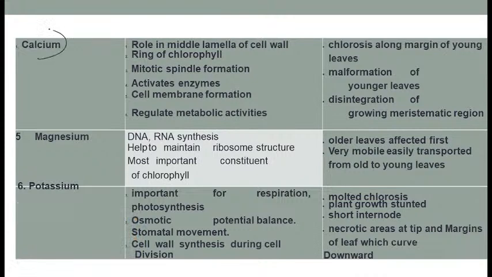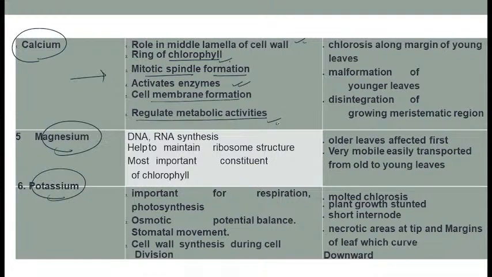Then you have calcium, magnesium and potassium. In calcium, the major role is in the middle lamella, and also in the rings of the chlorophyll. It is involved in mitotic spindle formation, helps in the activation of various enzymes, cell membrane formation, and regulates various metabolic activities as well. Okay. Then chlorosis along the margin of the young leaves would be seen, malformation of the younger leaves, and disintegration of the growing meristematic region